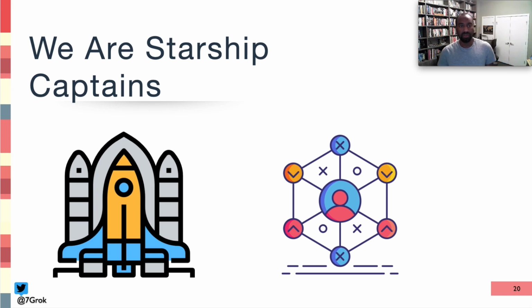And when we really look at it, it's almost like we're now all Starship Captains, right? We have become managers of ecosystems of complexity, right? If there is a problem with the application, we now have to start peeling back all these layers to figure out what's causing the problem, right? Is the abstraction broken? Is the layer it's abstracting broken? Is the other layer broken, right? And what's all the way down, right? Is it turtles all the way down?